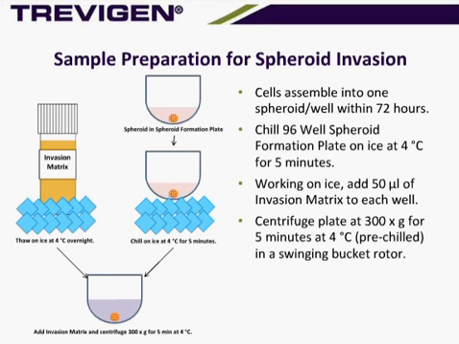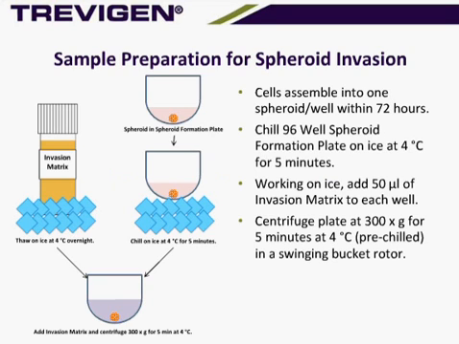And for the spheroid invasion, we're going to follow the exact same process for spheroid formation as we did with the proliferation and viability assays. The only difference is that after the spheroids are formed, we're going to be incorporating an invasion matrix. So, as we can see here,